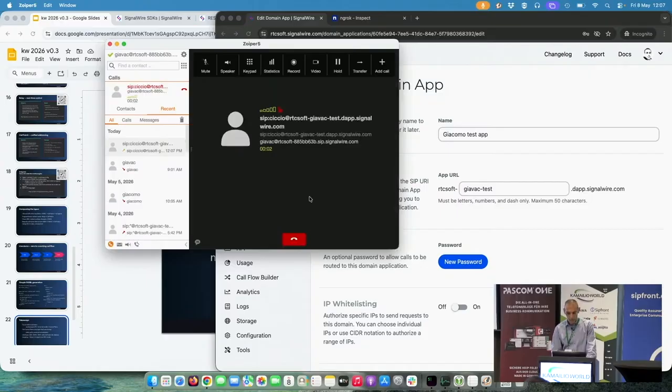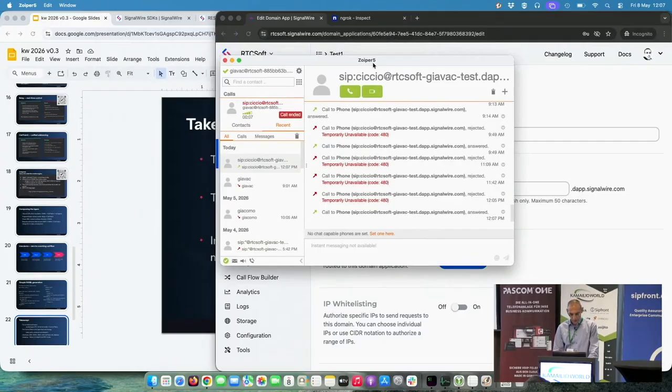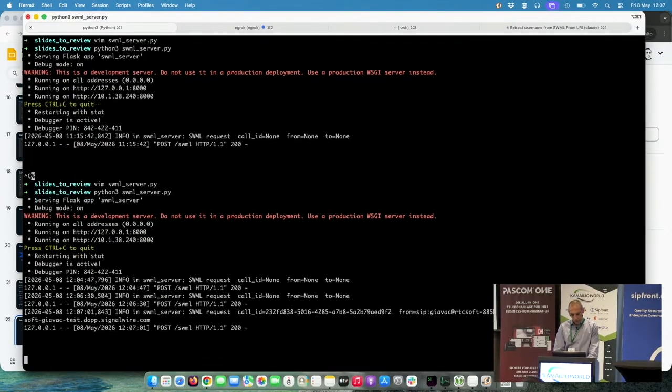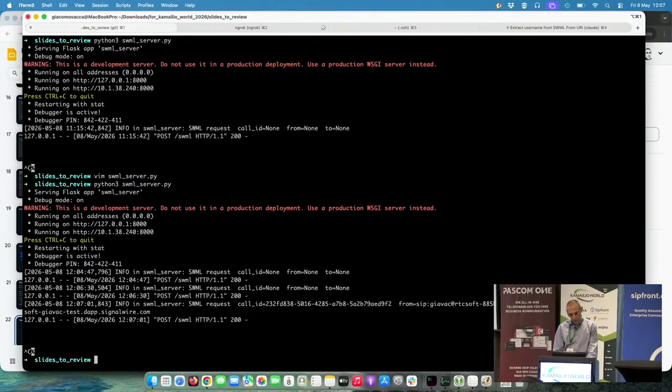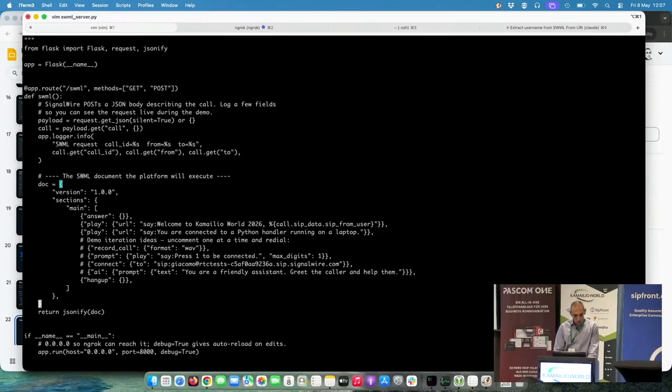Kamailio World 2026. Java, you are connected to a Python handler running on a laptop. Right, so this was a very dry message automatically responded from the script. Then if I go again in the script, say I edit it, and I do a minimalistic AI agent. So this is all it takes to have a default AI agent